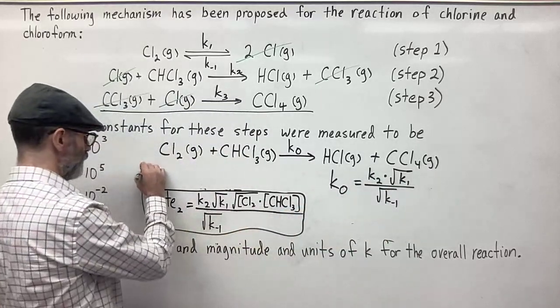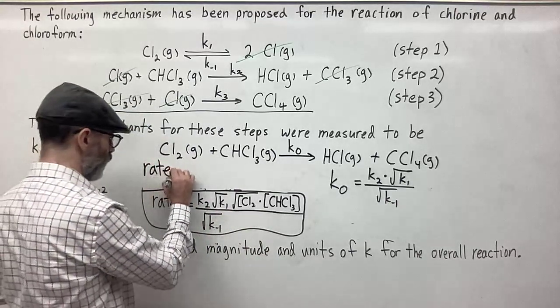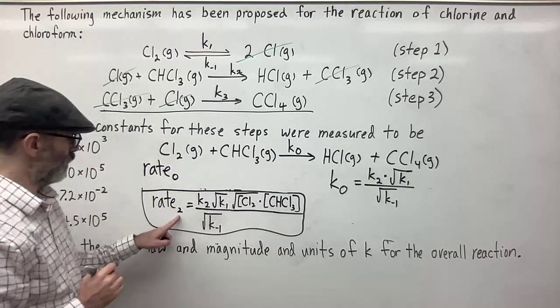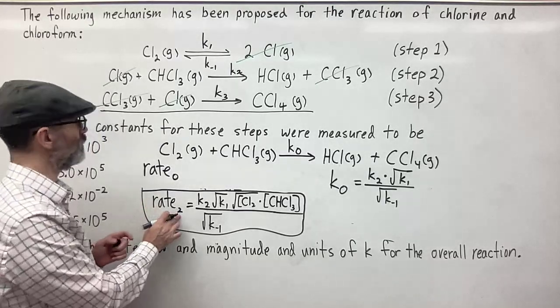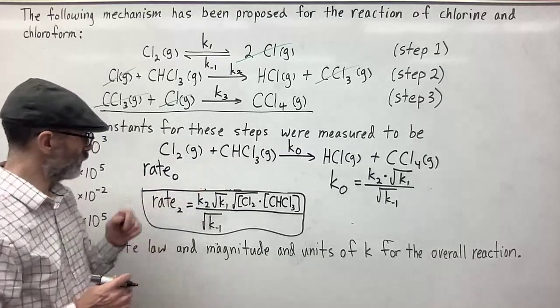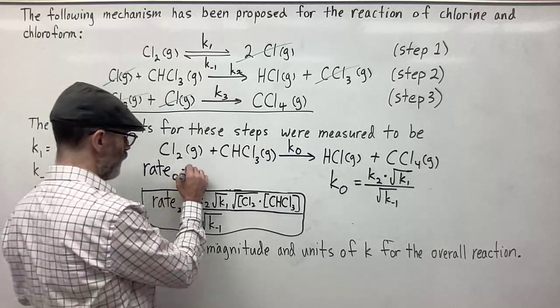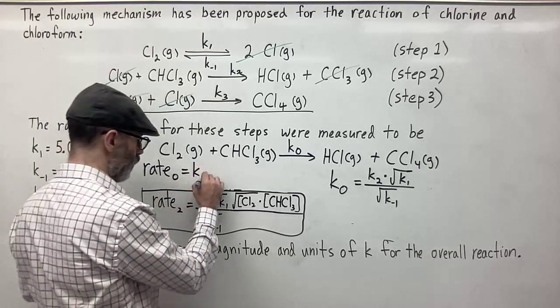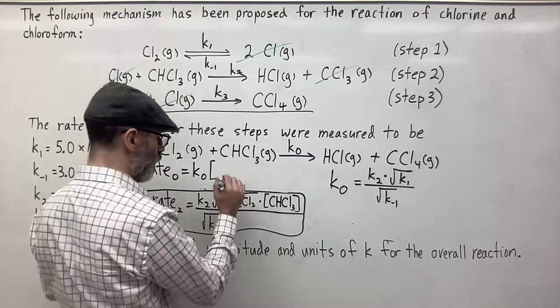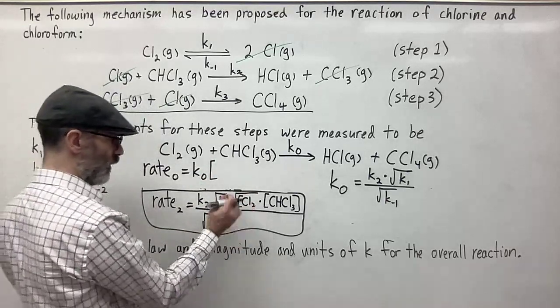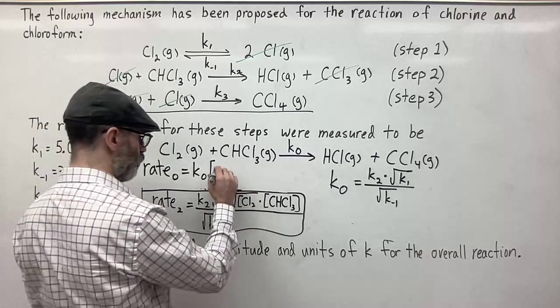So the rate of the overall reaction, so instead of 2, because remember we base all this on 2, but this isn't 2 anymore, this is the overall reaction. So the rate of the overall reaction is equal to K_O multiplied by what? The square root of chlorine, so the concentration of chlorine,